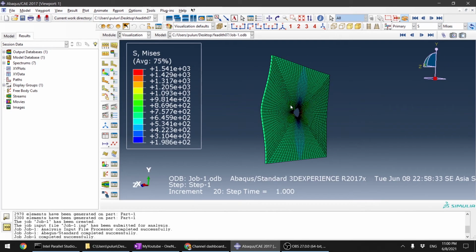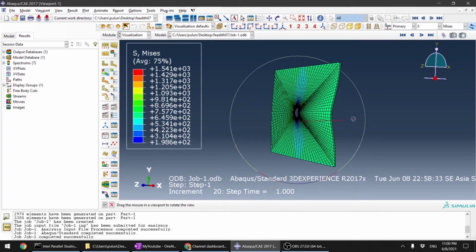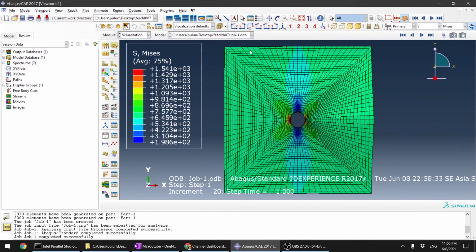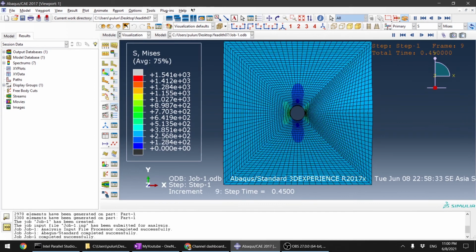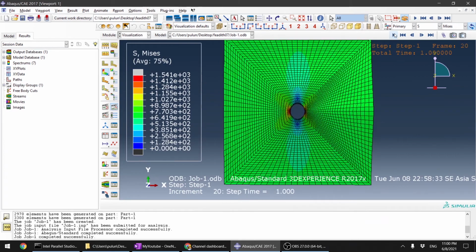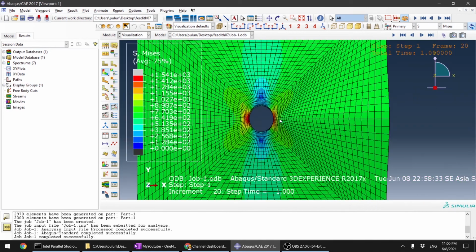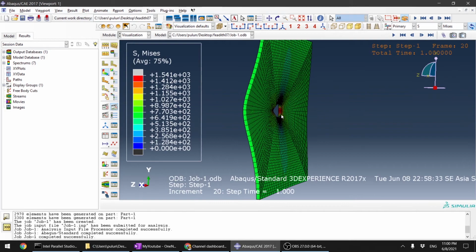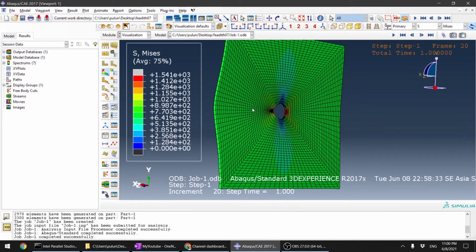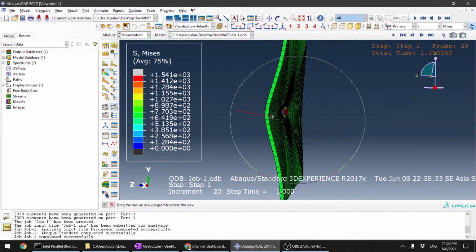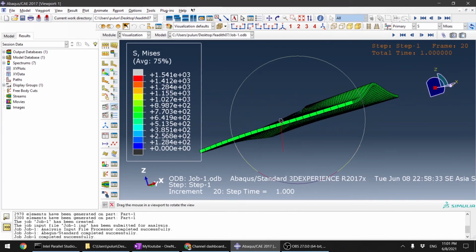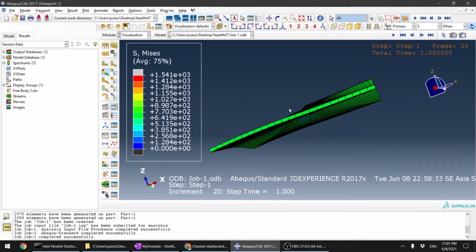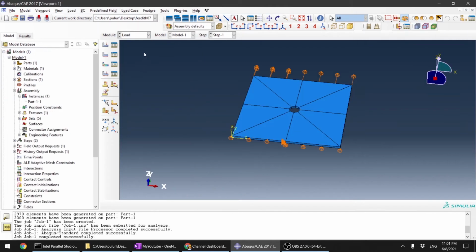You can see here there's something a bit strange. It's pulling very nicely, but there's a problem here. There's out-of-plane movement, as you can see. Why? Because we didn't fix the Z plane. So if you want to make it correct,